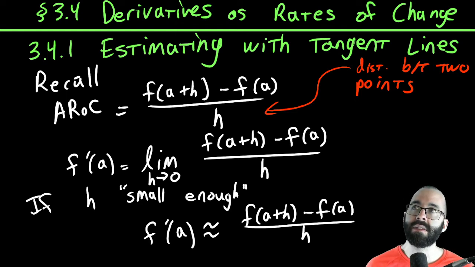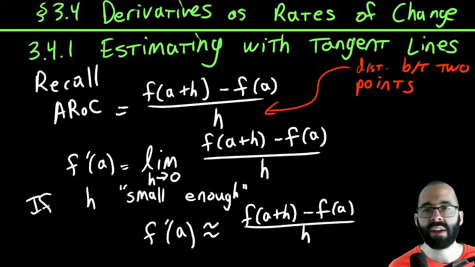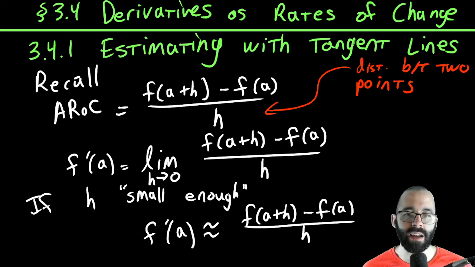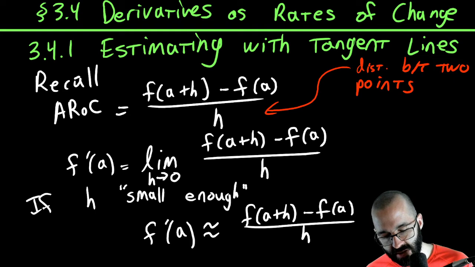How can we estimate really close to one function value if we don't actually know the other function value? If we only know things about a, how can we say things about places after a? That's going to be taking this last piece and just solving